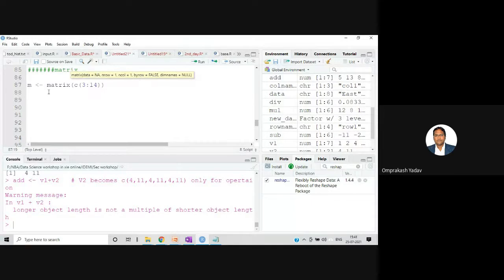I need to mention the number of rows. I am mentioning 4, and by row, I am saying TRUE. Let me first execute. I'll clear this screen with Control L.